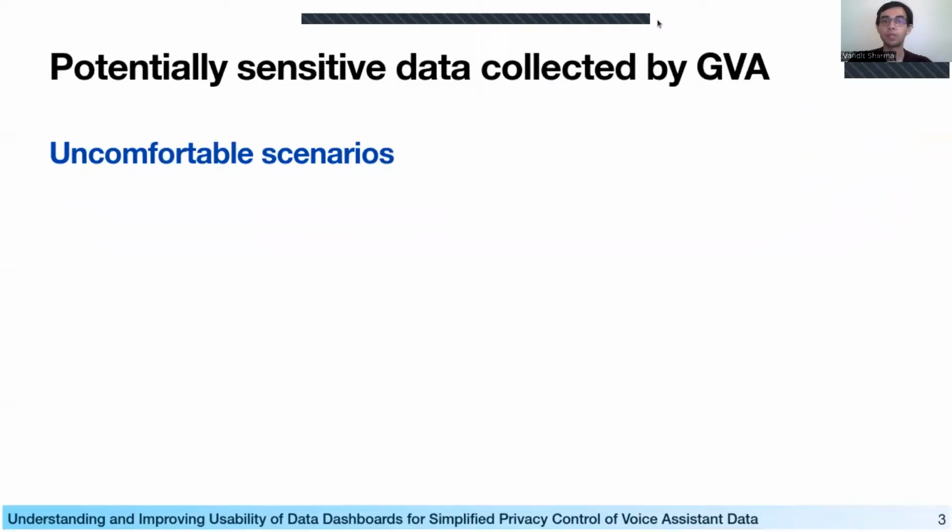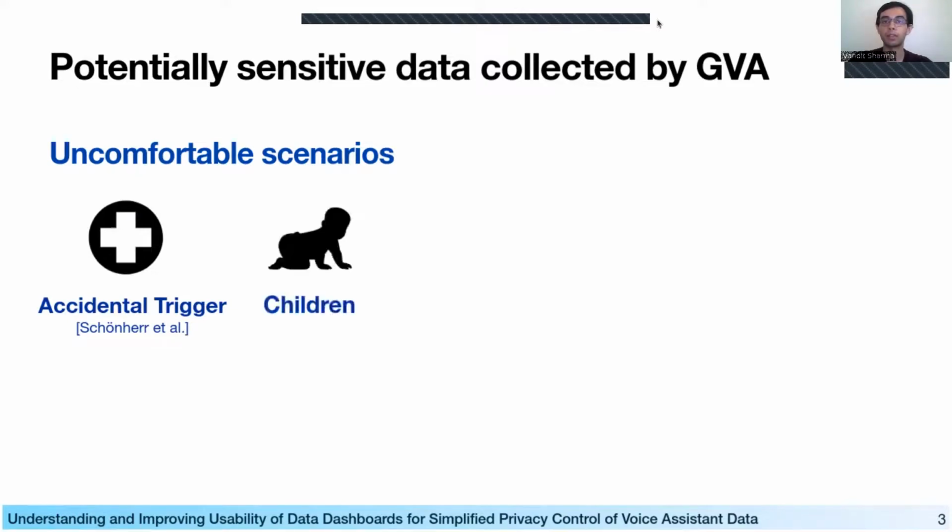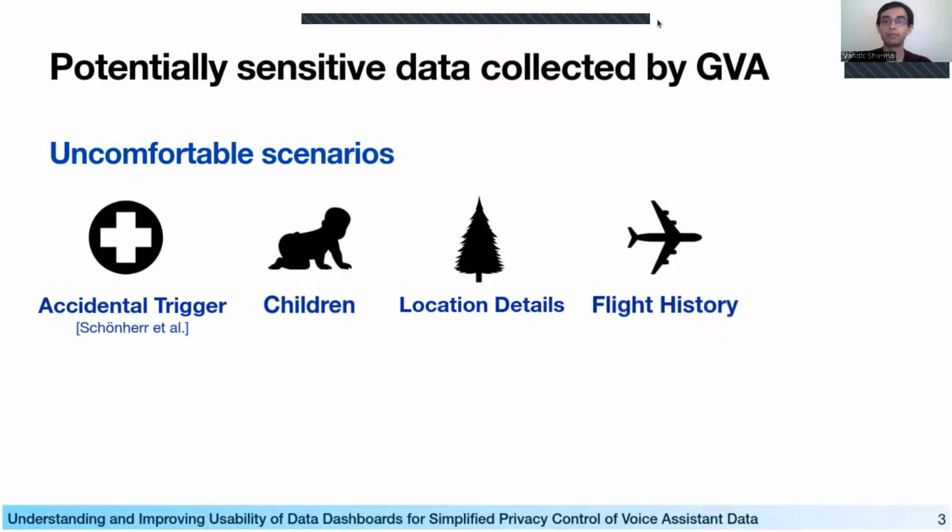Let me present to you some scenarios where a user might feel uncomfortable sharing this data with Google. Imagine if there still existed a recording of yours from the time when you accidentally activated your smartphone voice assistant while trying to call someone during a medical emergency. There existed recordings of your children from the time when they were playing around with the assistant. If the voice assistant somehow knew the location of your last family dinner during the holiday season when you used it to play some songs. If it had your complete flight history. And finally, if it had some funny or even slightly embarrassing recordings of yours from the time when you were playing around with it.